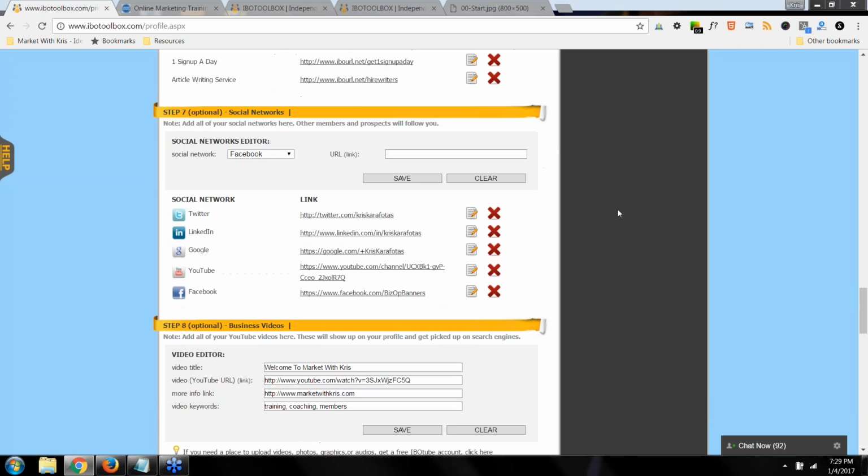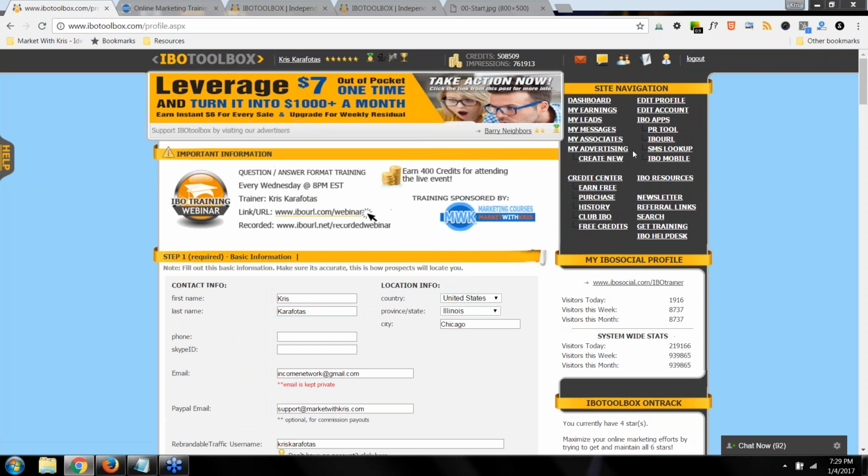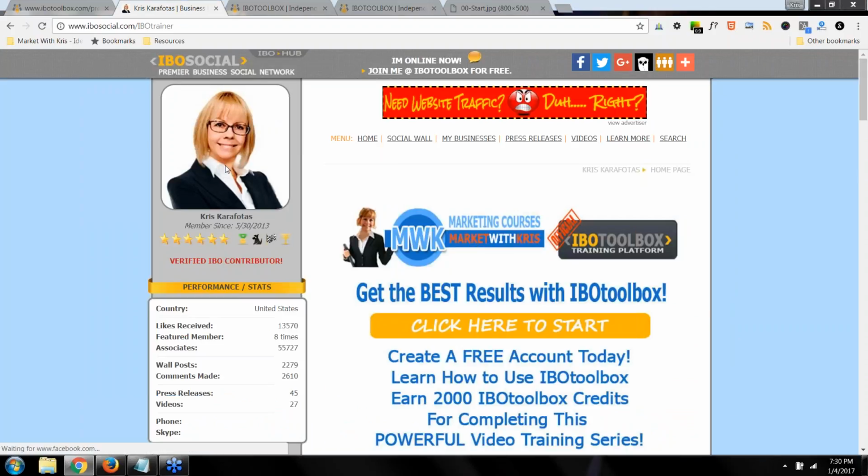Okay, so let's go over the profile and see how it all comes together. Again, you want to return to the dashboard if it's the first time that you're completing the profile. To get to your profile, there's a link right here under my IBO social profile page. We'll go ahead and click on that. And so we've got a picture, our name, our stars, our badges are displayed.